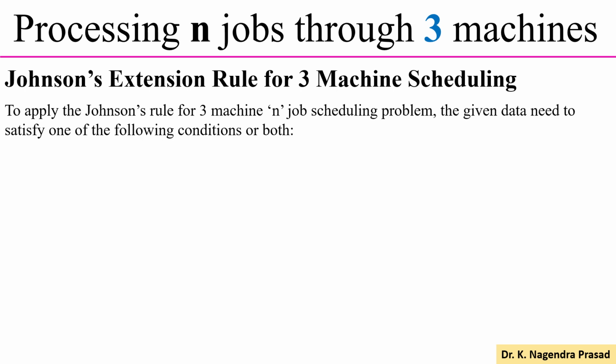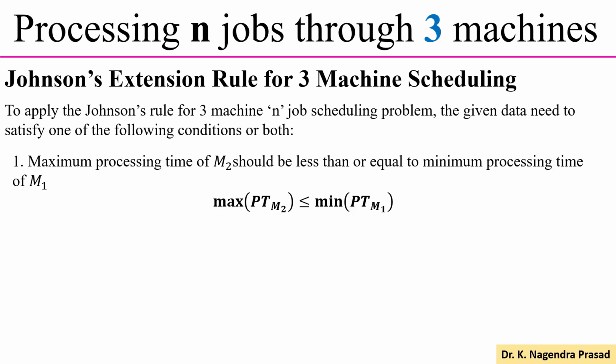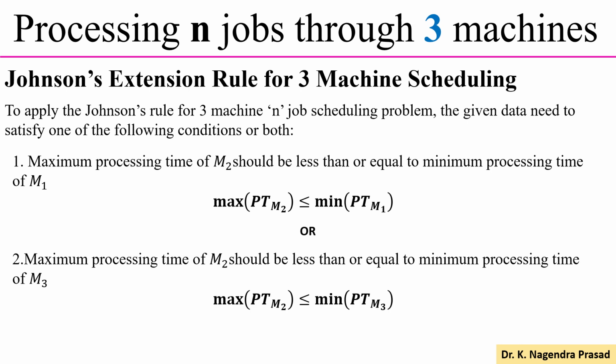To apply Johnson's rule for the 3 machine n job scheduling problem, the given data need to satisfy one of the following conditions or both. First condition: the maximum processing time of machine 2 should be less than or equal to the minimum processing time of machine 1. Second condition: the maximum processing time of machine 2 should be less than or equal to the minimum processing time